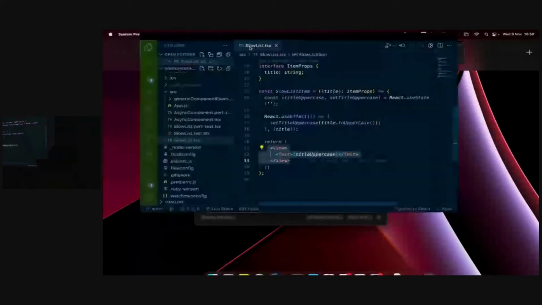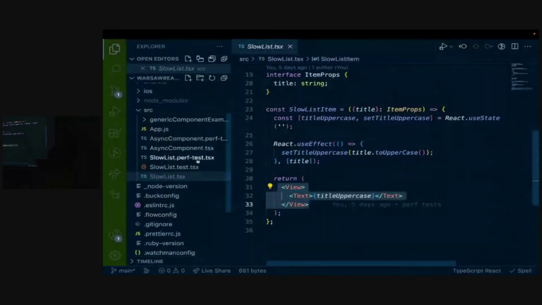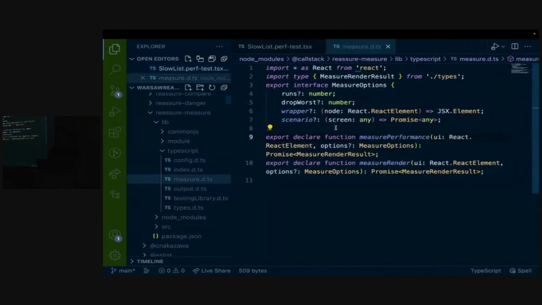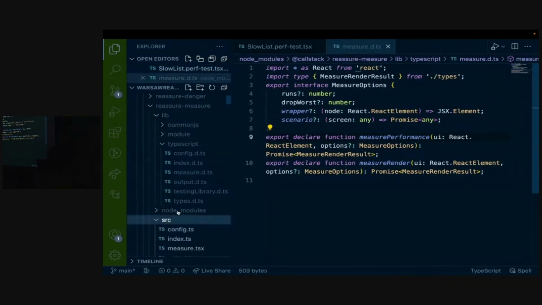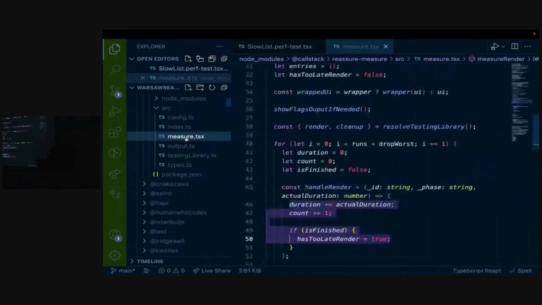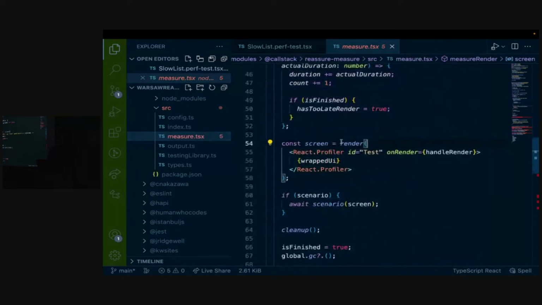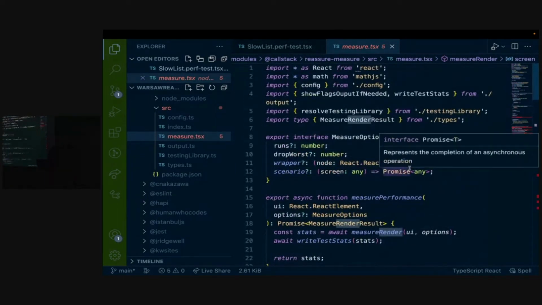So if I go here and I look at my slow list, there is a performance test here that just awaits a measure performance that I imported from Reassure. So let's look at what it does inside this measure performance. So the measure performance is actually pretty simple. What it actually does is it renders from testing library.